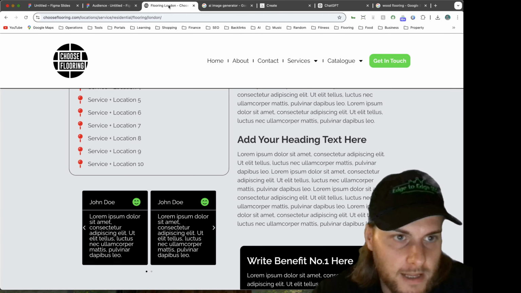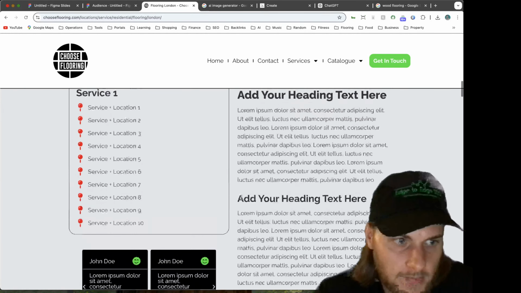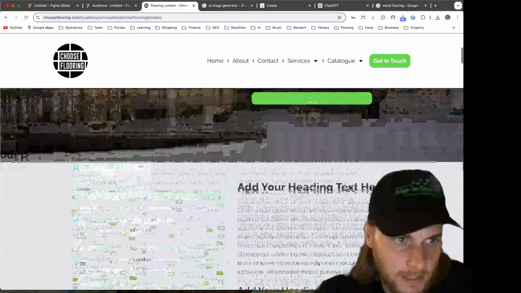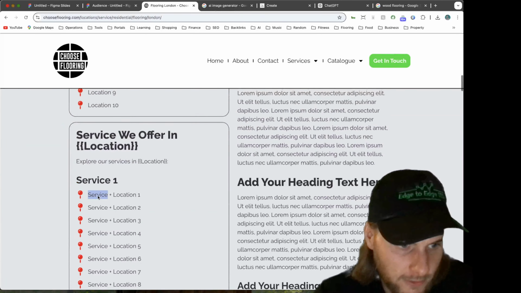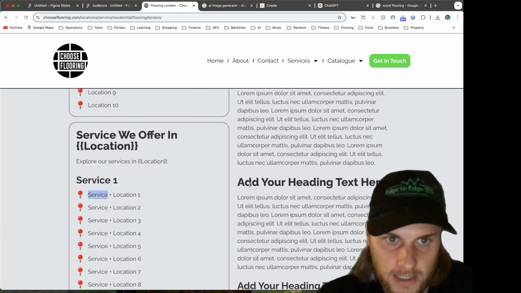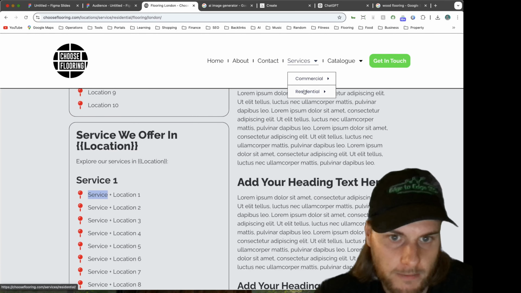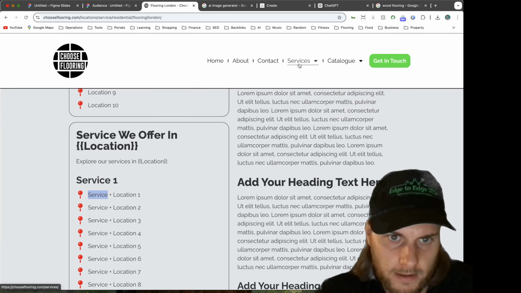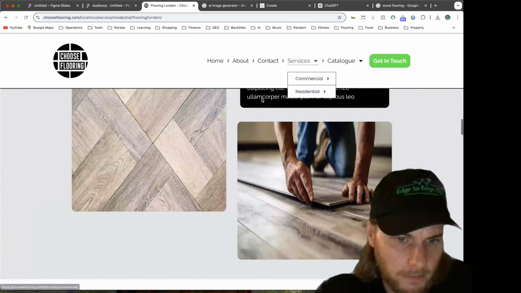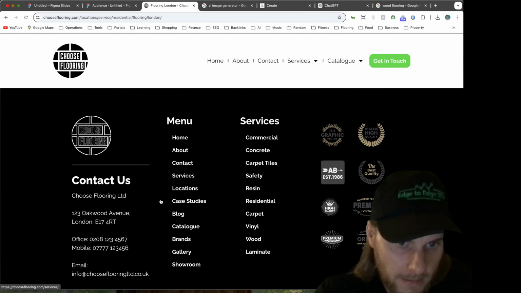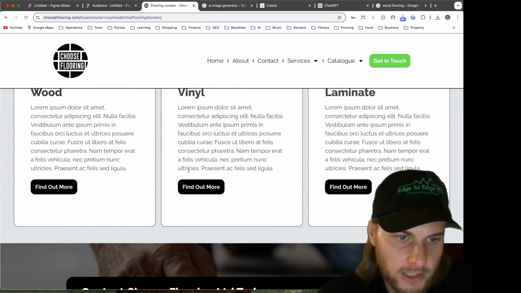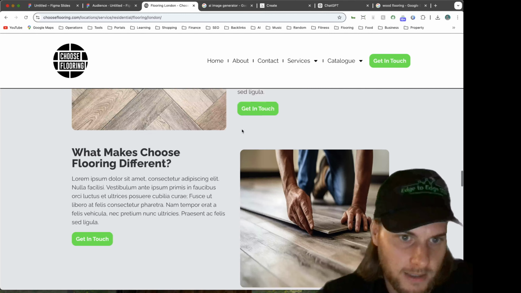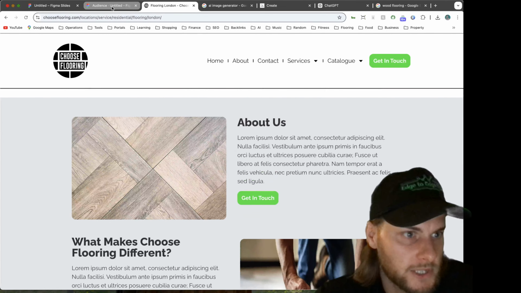So again, internal linking, make sure you're linking to all of the different pages. For example, if you built another page that was wood flooring in London, and this is the flooring London page, then you're going to want to link from this page to that page. It just makes sense. All of your navigation at the top here, making sure you've got all of your services and all of your main pages at the top, and then at the bottom make sure you've got all of the main links to your main pages. And you should make sure there are lots of different links throughout your pages linking to all relevant content, making it so much easier for people to navigate it, including obviously Google.